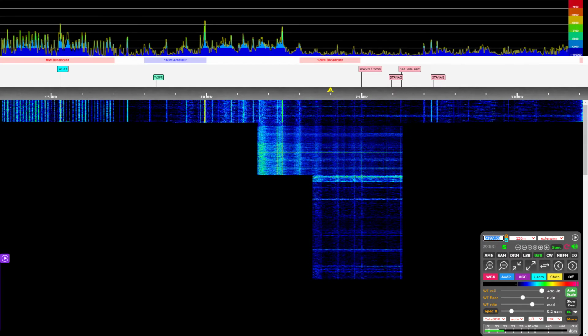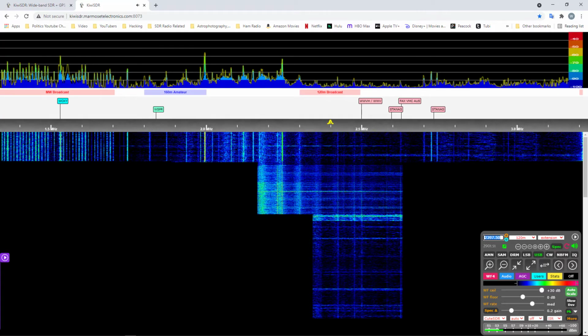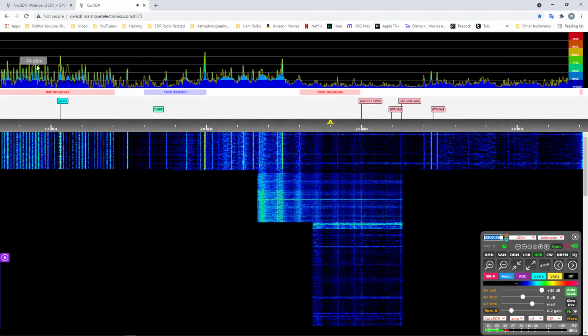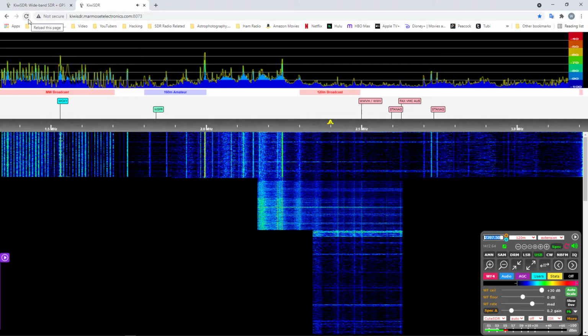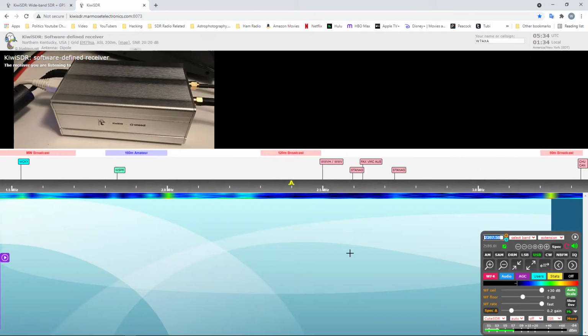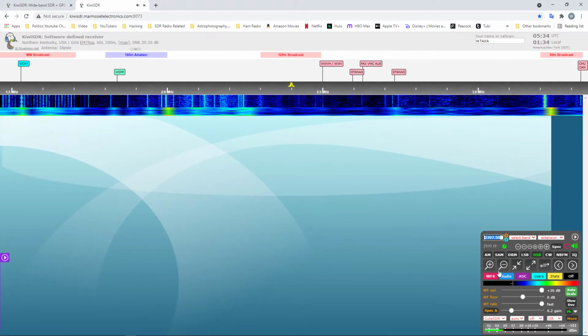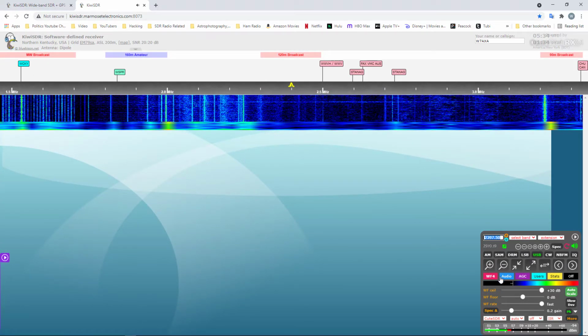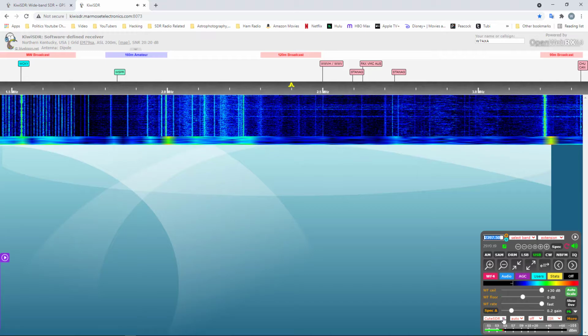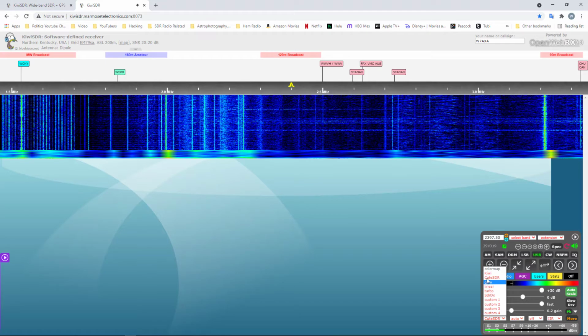Well, that's not working either. So I'm going to do this. I'm going to reset real quick. So just hang on. This doesn't take long at all. Let's see if this will fix it. I mean, it's not like it wouldn't work without it, because it was working just fine.